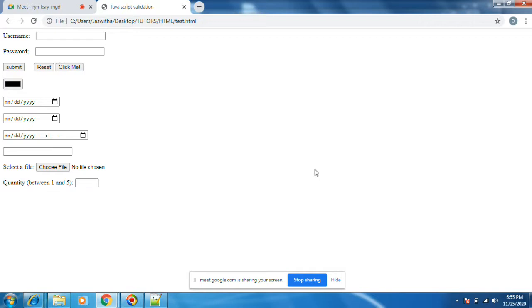Reload. 2, 3, 4, 5. You click on the top arrow, you can reach 5. It is accepting only 1, 2, 3, 4, 5. It is a box with a down arrow and an up arrow. You can click.